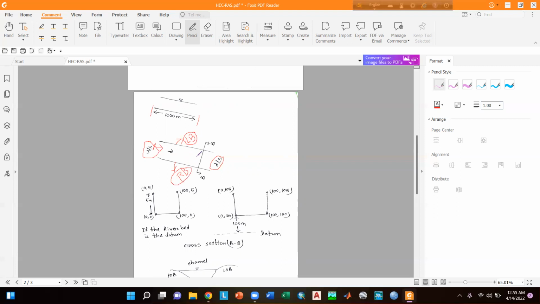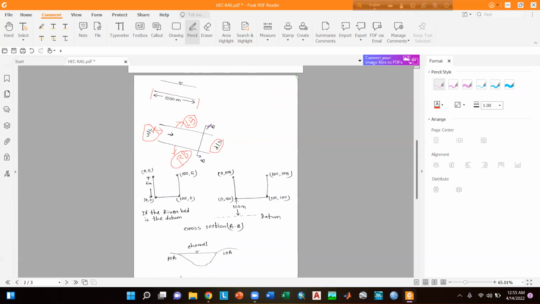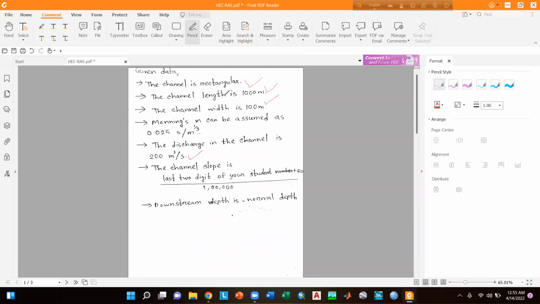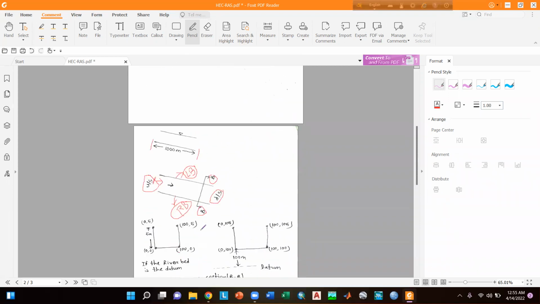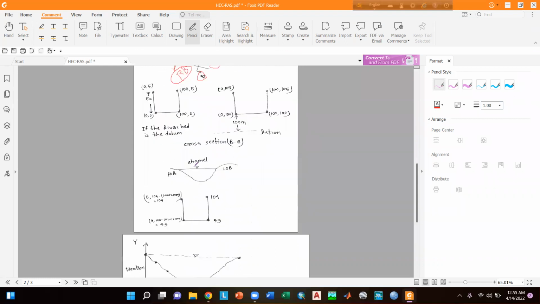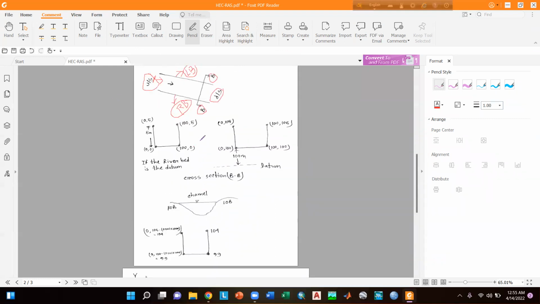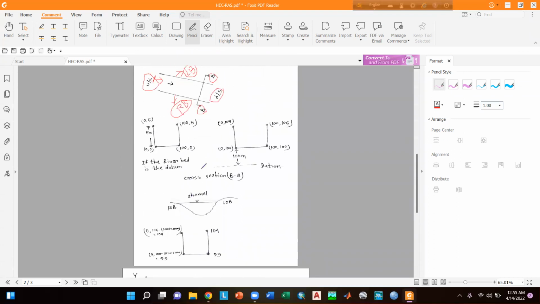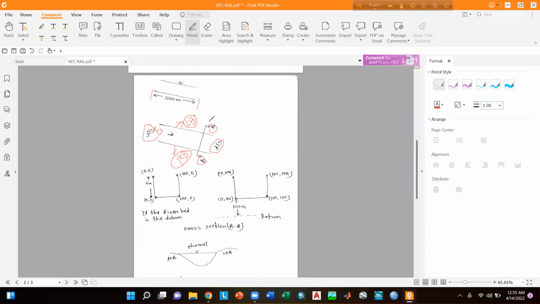And if we take a cross section, that is BB, then the cross section here will be a rectangular channel, because it is said in the question that the channel is rectangular. So before going to this rectangular cross section, we have to understand another concept: in practice, if we take the BB cross section along a river bed or channel,